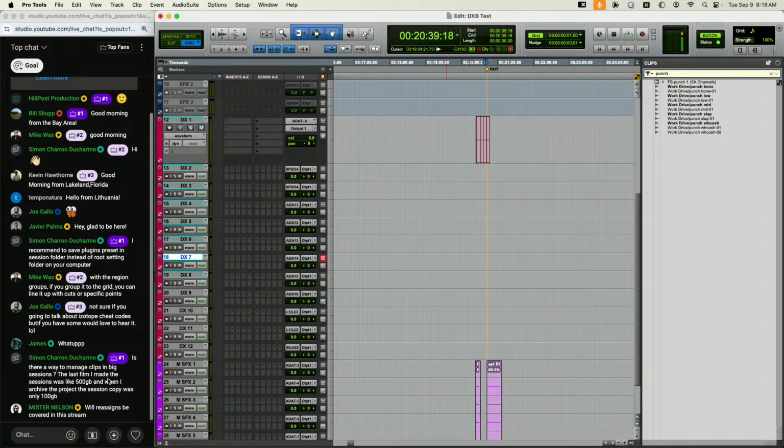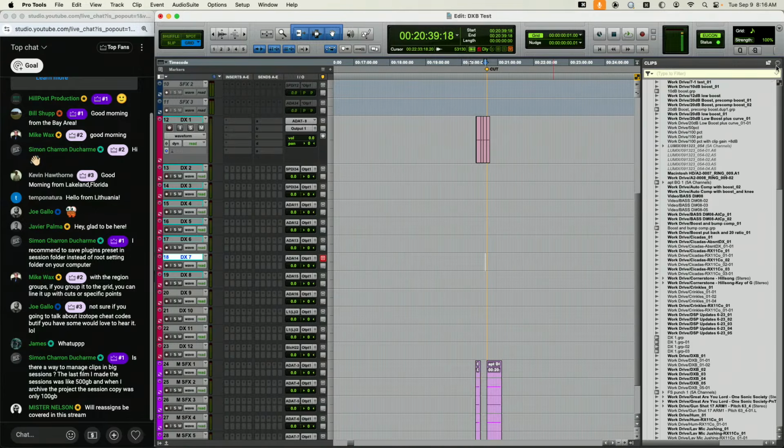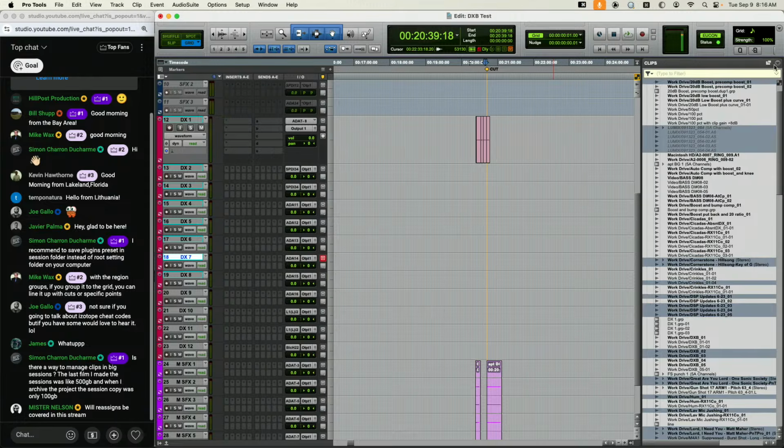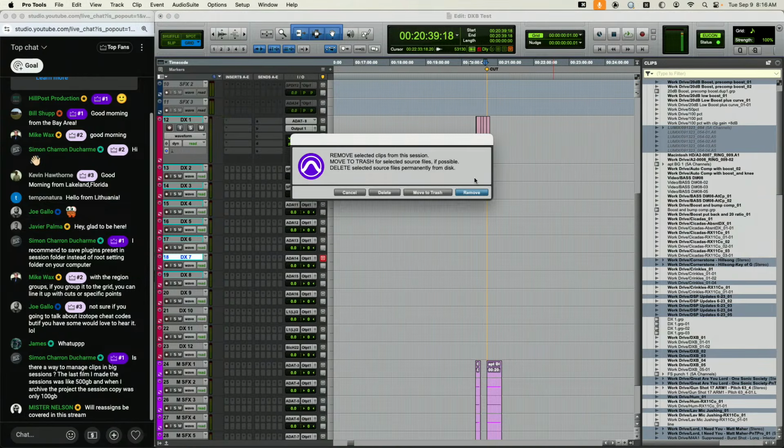Simon asks, is there a way to manage clips in big sessions? The last film I made, the session was like 500 GB. And when I archived the project, the session copy was only, oh yeah. So to do that, just make sure you're selecting unused and clearing stuff that you don't need. Just hit